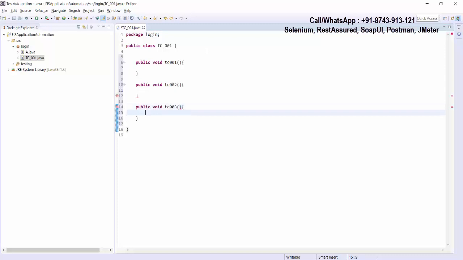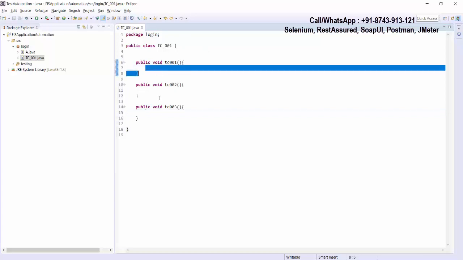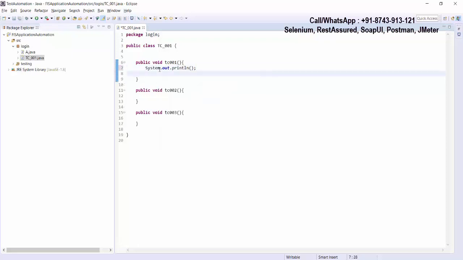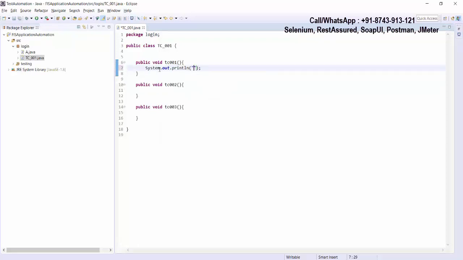That will be the third test case. Now you are going to write test case code in these methods. As of now I'm just writing, okay, here I'm going to write login logout code. I'm not writing the actual automation code here. I'm just taking an example like you will write this kind of code in your different methods.